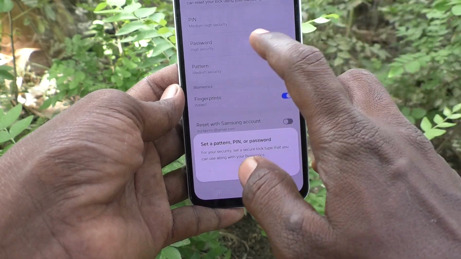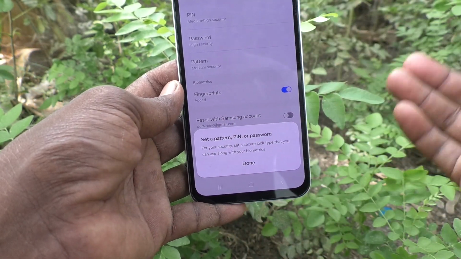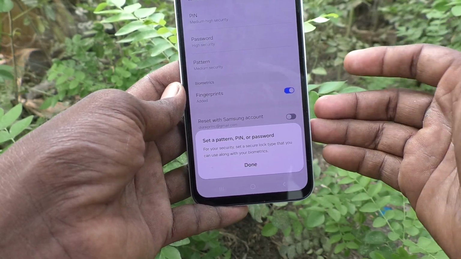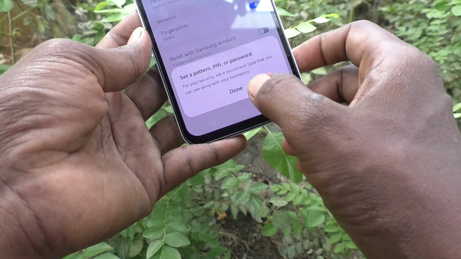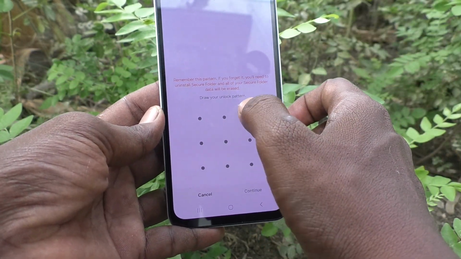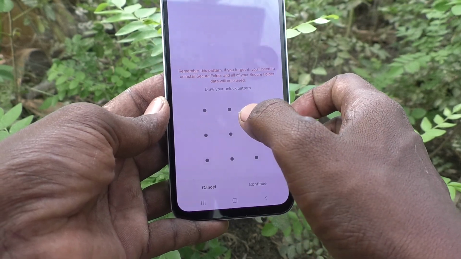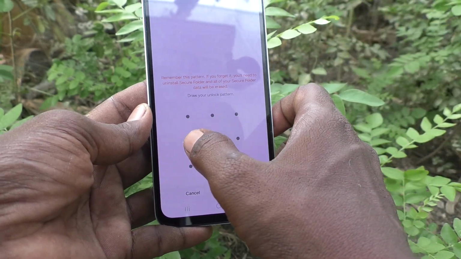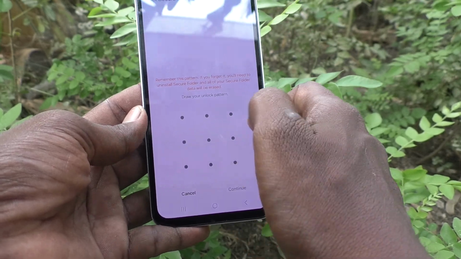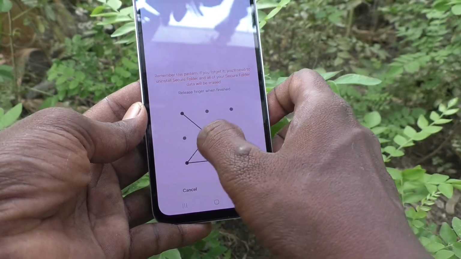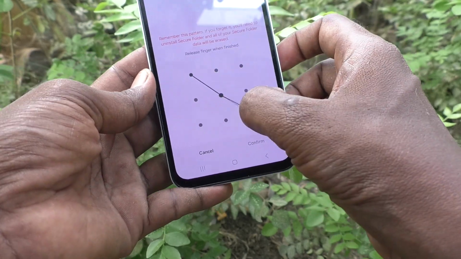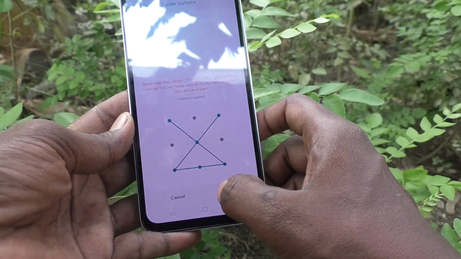Now you have to create a pattern for those secure folder. Okay, so pattern or pin or password, anything you can set. This is like what you set for screen lock. Okay, so here I would like to set pattern. Okay, click on pattern and draw the pattern that you want to set. This should be different from what you use for screen lock. Here for screen lock I have used this pattern, but here I would like to use this one. Okay, again you go to click on continue. Again you go to draw the same pattern to verify and click on continue